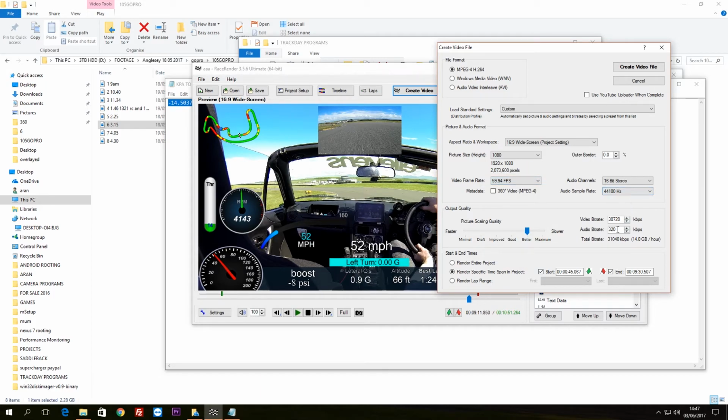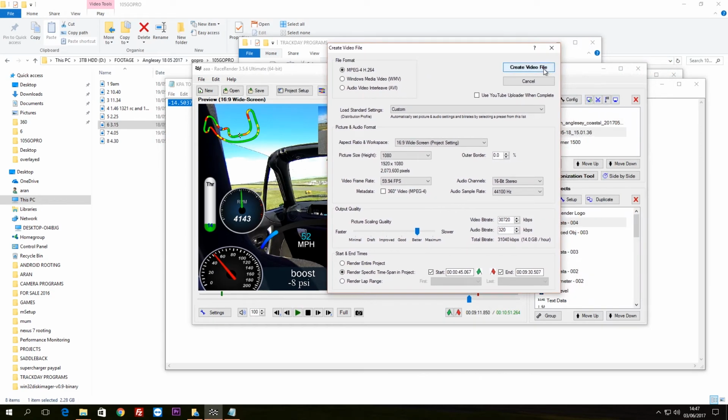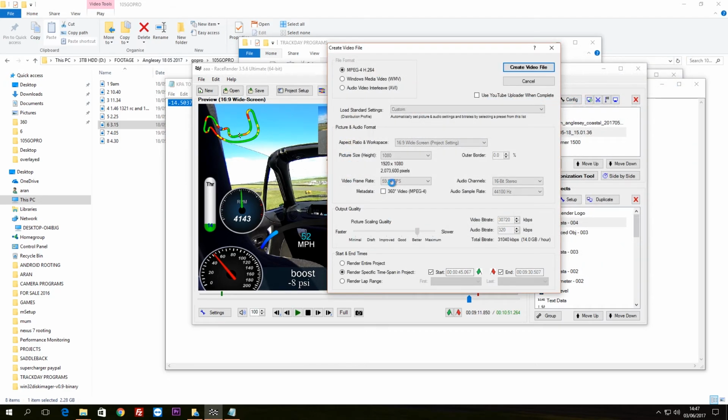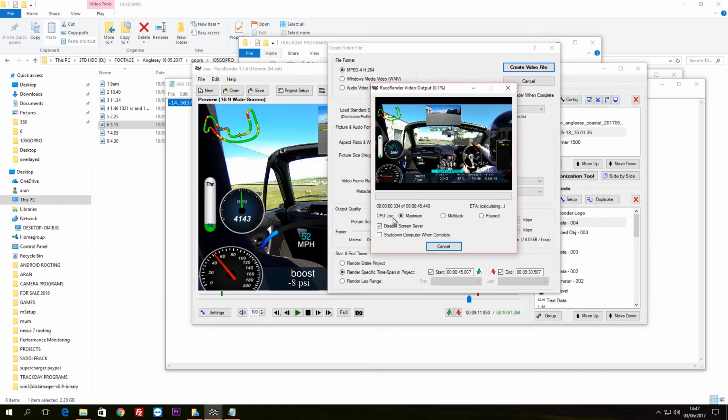I'm just going to leave this as it is. I'm going to boost the audio quality up to 320 here, and then you can render it within the specific time frame, so between the two flags, or you can do it per lap, which is kind of cool. So I'm just going to go create here, tell it where to save, and we're also just going to dedicate maximum CPU usage to this. This computer is quite powerful, so the time is going to be quite short,